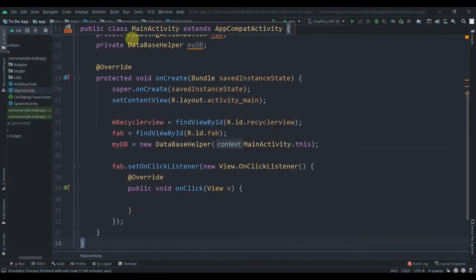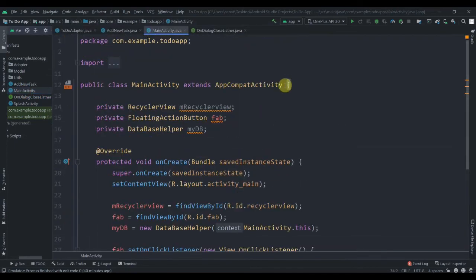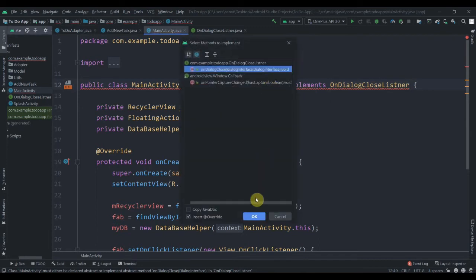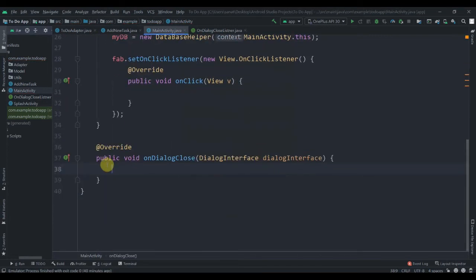So our MainActivity is here. So we have to implement the OnDialogCloseListener interface. So implements OnDialogCloseListener, and it will ask me to implement that method. So we'll click Alt+Enter, and we have to implement the onDialogClose method. So right up here. Okay, so before that